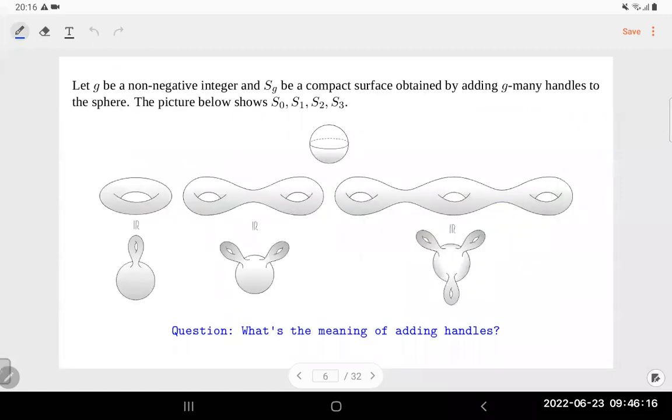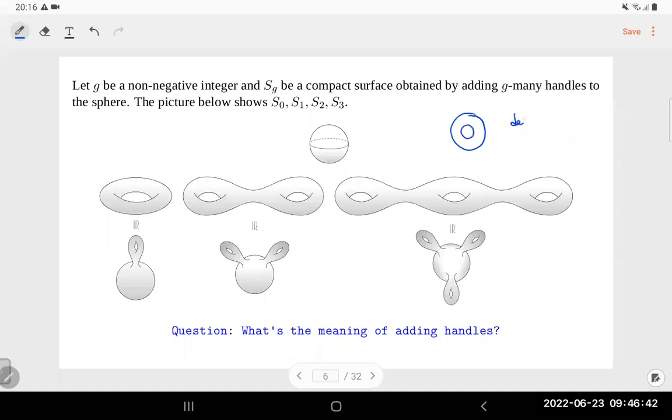All right. So let g be a non-negative integer. Of course g is finite, just mentioning. And let S_g be the compact surface obtained by adding g many handles to the sphere. So what is the meaning of adding a handle? If you want to add a handle, you just take a sphere and delete the interior of a small closed ball,